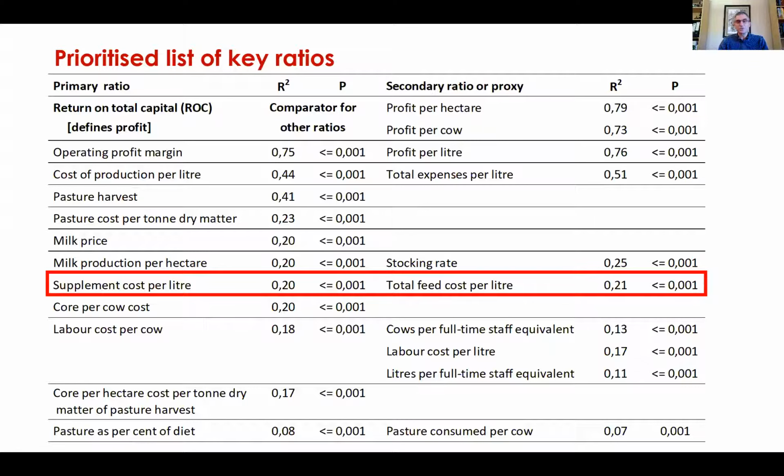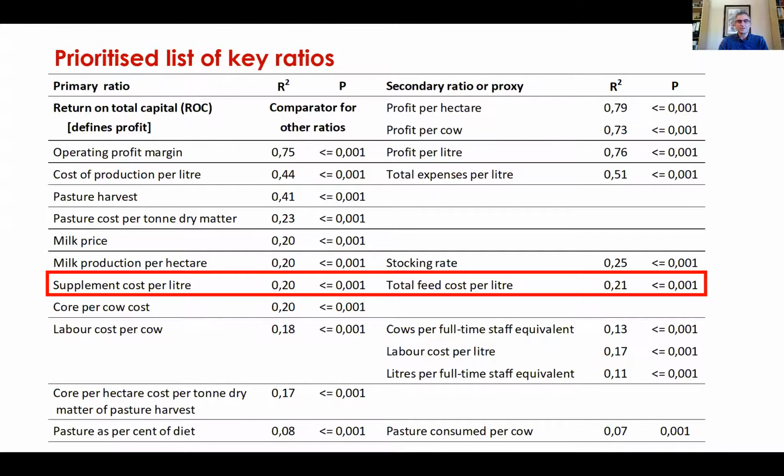Supplement cost per litre, which includes concentrates and forages such as hay and silage, and total feed cost per litre, which also includes pasture, have similar correlations with profit. For pasture-based farms, there should already be a couple of ratios being used to monitor pasture production and cost, so it would be logical to use supplement cost per litre to focus on supplements. With feedlot farms, these two ratios would effectively be the same, so total feed cost per litre would be the